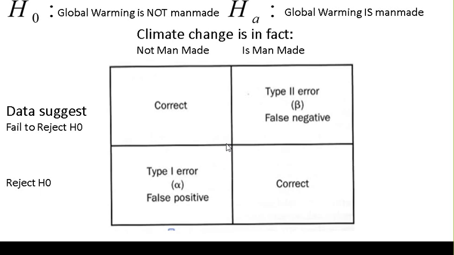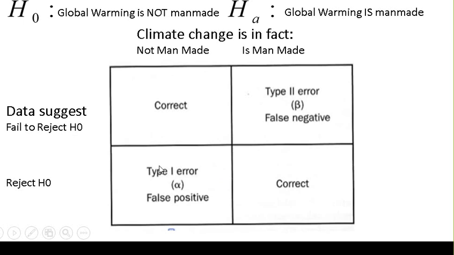Let's finish it up with a little type 1 and type 2 error review. We're going to assume that global warming is not a man-made problem. That's going to be H naught. HA is global warming is man-made. Now, if H naught is true and you fail to reject it, that's a correct decision. But if H naught is